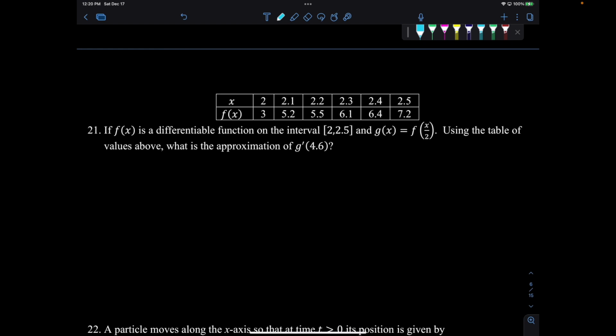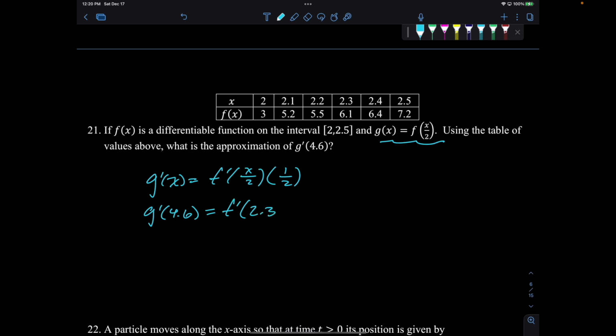All right, so differentiable function, g of x is this. We want g prime. So g prime of x is a chain rule problem. It's going to be f prime of x over 2 times the derivative of x over 2. So then g prime of 4.6 is f prime of 4.6 over 2, which is 2.3, times 1/2. All right, now what do I need to do? 2.3. I need to approximate